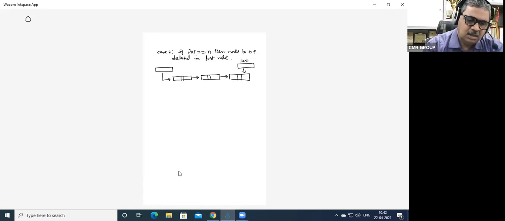The addresses are, for example, 5166, 3832, and 4192. The first node's left is null, and its right holds 5166. This is start. What value am I going to store here? 3832.